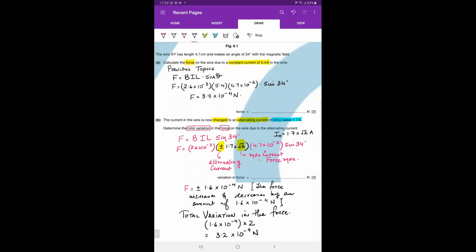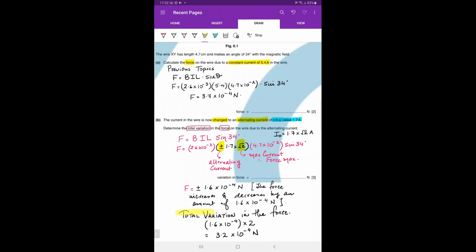It's pretty simple to understand why I multiplied by 2, right? Because if I say that the force increases and decreases because of the plus and the minus sign, if the force increases and decreases by an amount of 1.6 times 10 to the power of minus 4, then the total variation in the force,